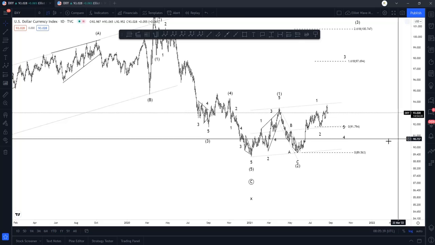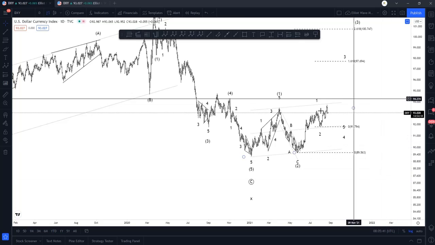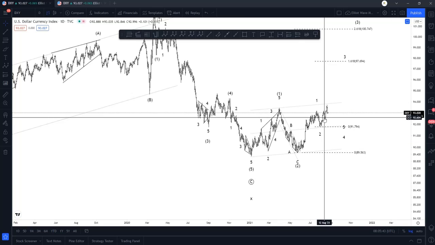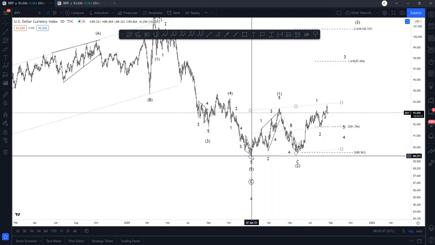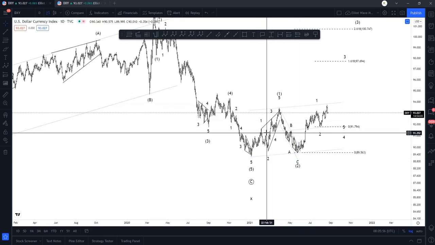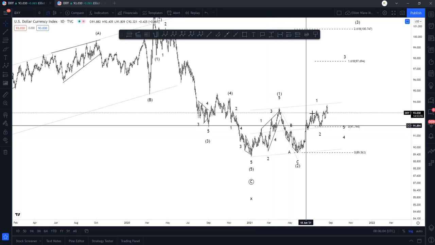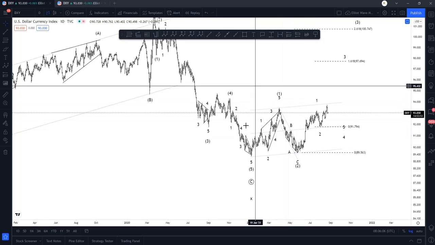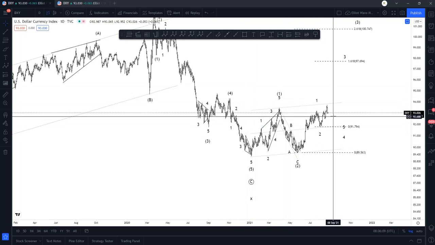Right? Our main count from the daily time frame on the dollar index has always been bullish, right, guys? We've been bullish on the dollar ever since the market hit a low during January 2021 and since formed this leading diagonal. Now, the most important factor about the dollar index as of now is the fact that the market looks very clear from an impulsive structure.